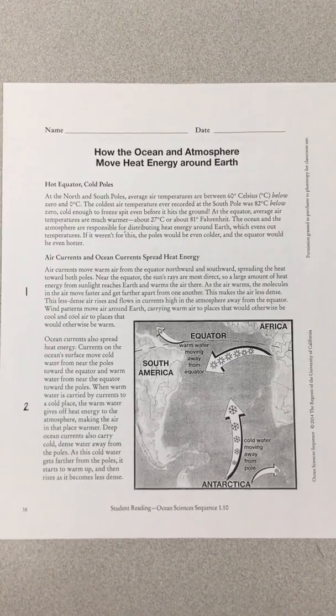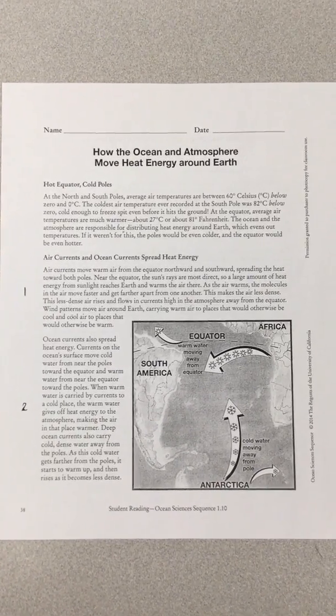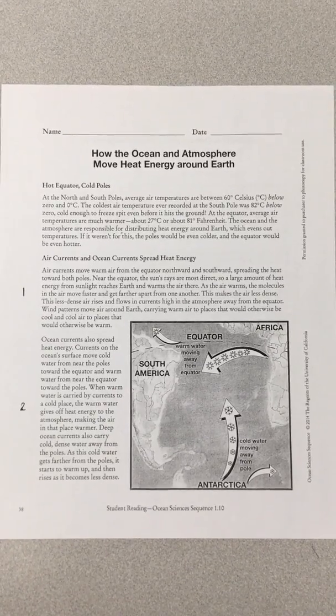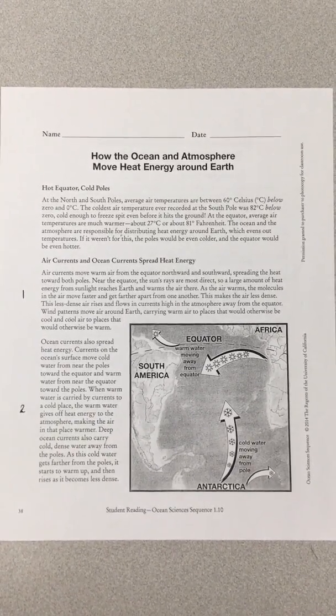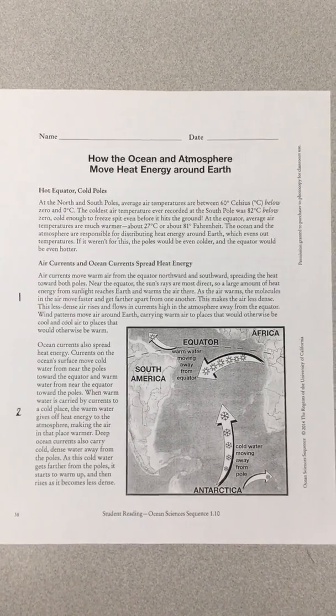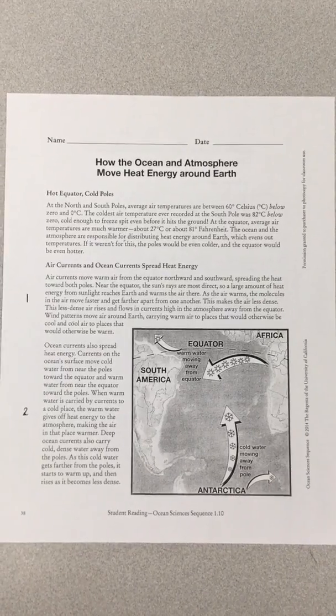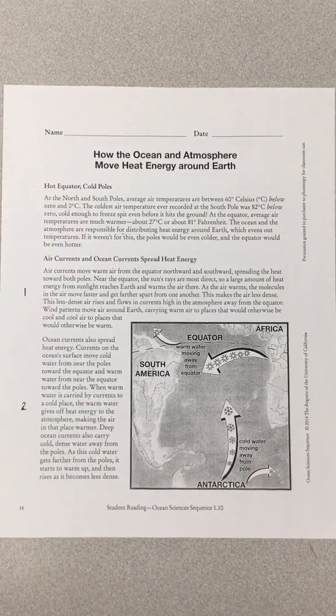equator toward the poles. When warm water is carried by currents to a cold place, the warm water gives off heat energy to the atmosphere, making the air in that place warmer. Deep ocean currents also carry cold, dense water away from the poles. As this cold water gets farther from the poles, it starts to warm up and then rises as it becomes less